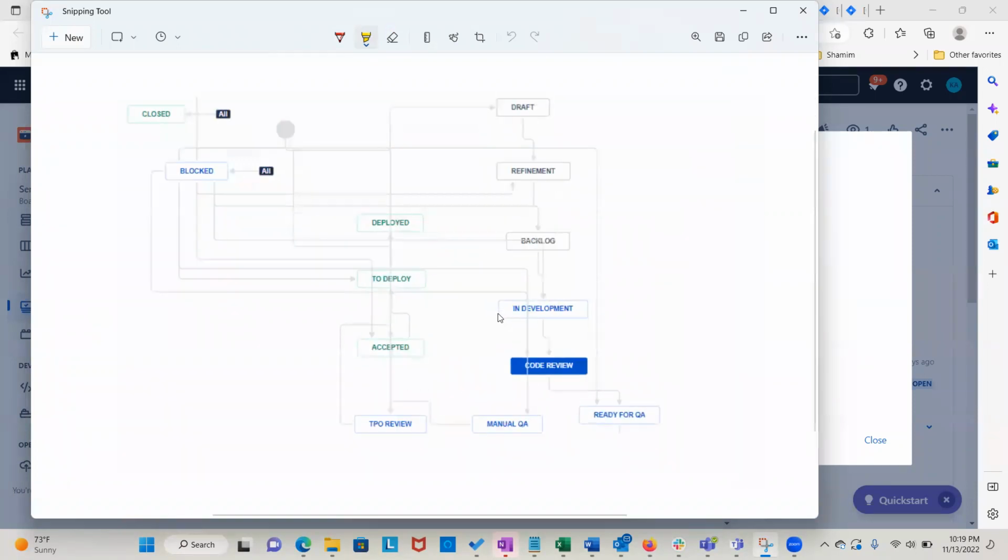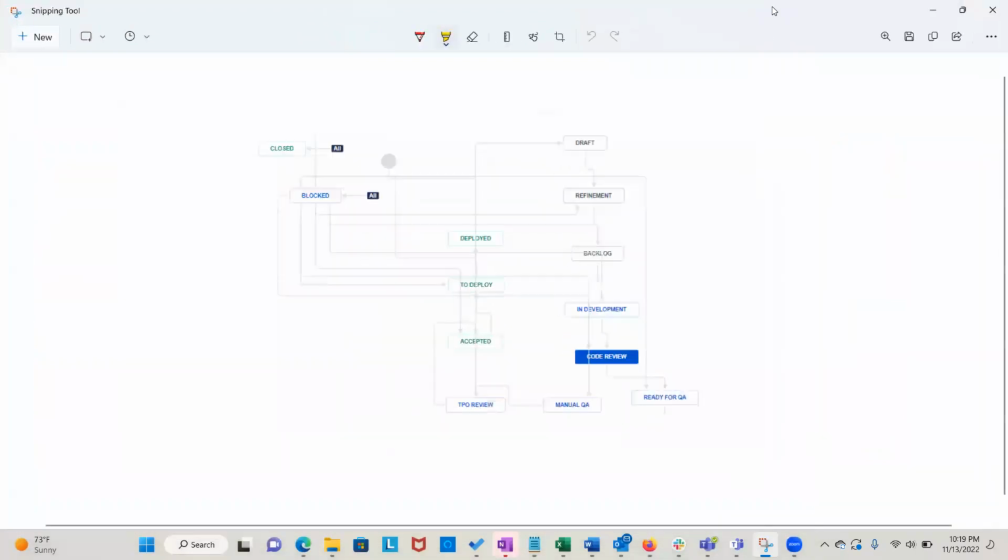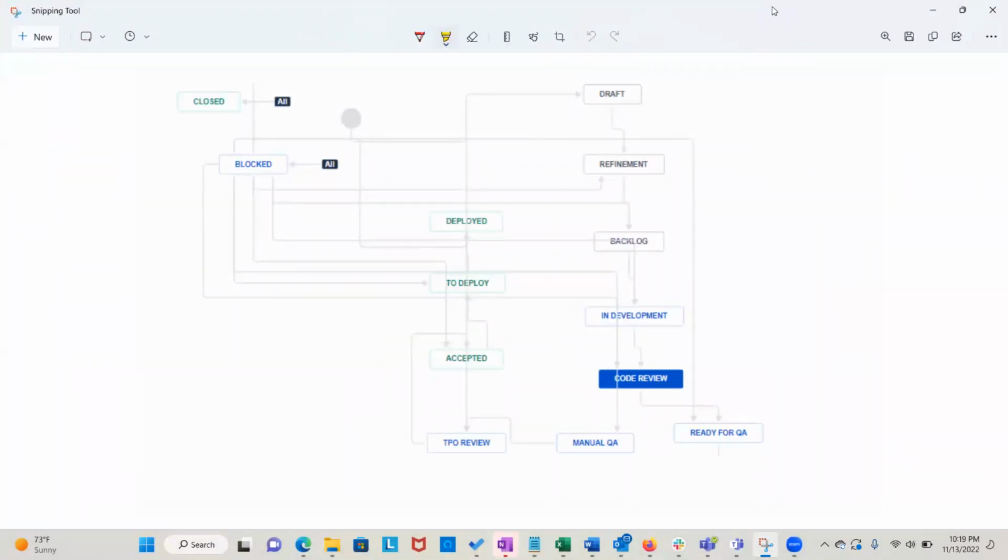Is it better now? Yeah, it's better. Okay, so look at the workflow here. This is very, very complicated. This is the most complicated workflow you'd ever see for a defect, but let's go over it.